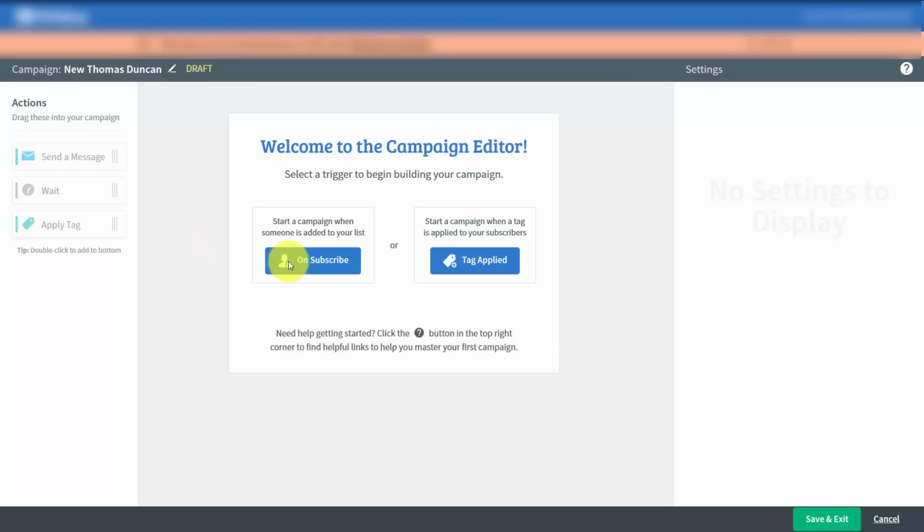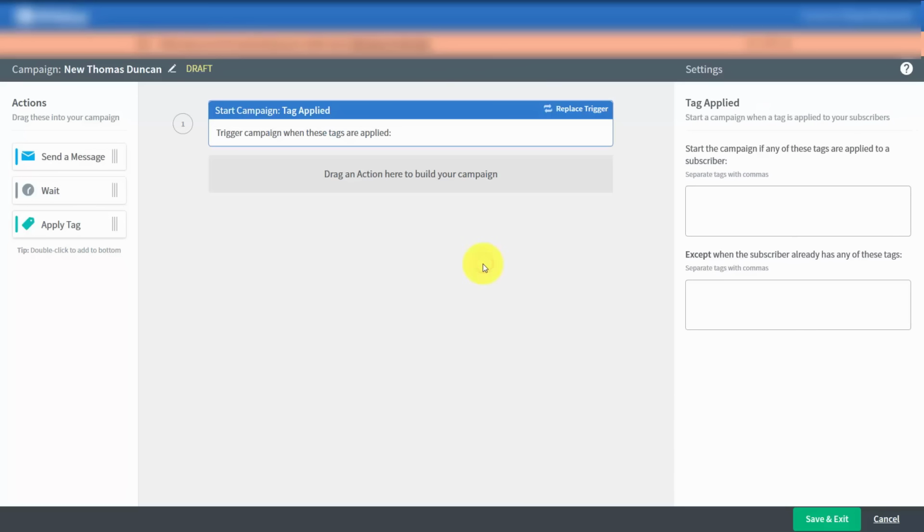Welcome back. Now, tag-based campaigns start at the campaign editor. And if you start not from on subscribe and you start by assuming that a certain tag is applied, you can then create a specific set of messages with specific actions. So assuming that one of your visitors has already been tagged inside of your system, you can then start creating